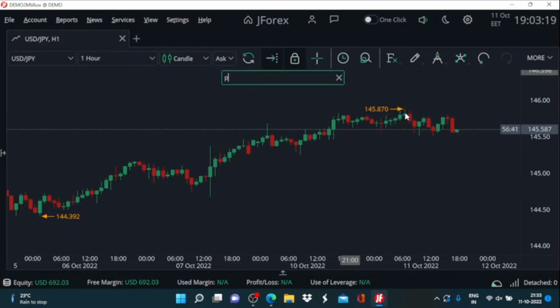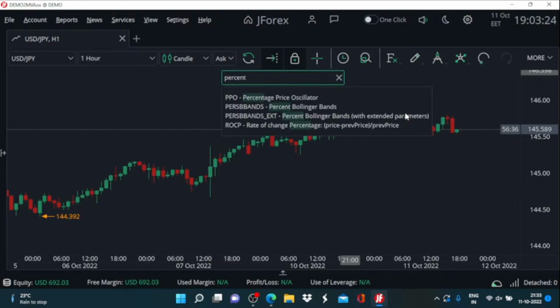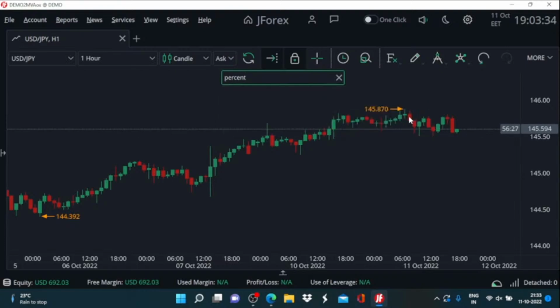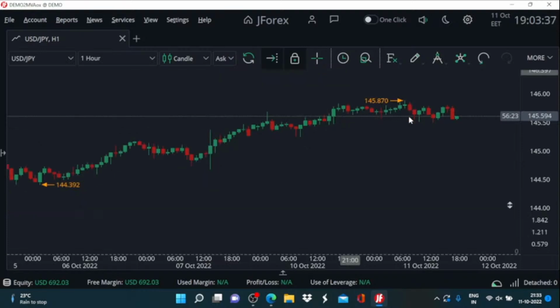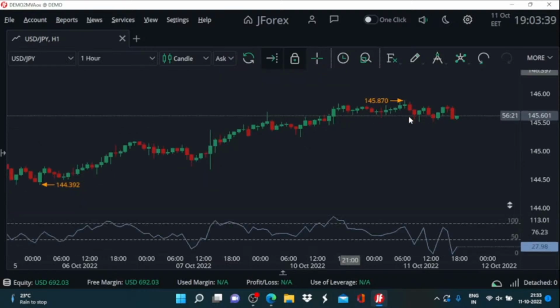Simply do a quick search, type in percent, and all those indicators which have percent in their name will appear. And for us, this session is dedicated to this indicator, the percent Bollinger Bands with the extended parameters. And it is going to look as of now exactly the same as percent Bollinger Band. There is not going to be much of a difference,